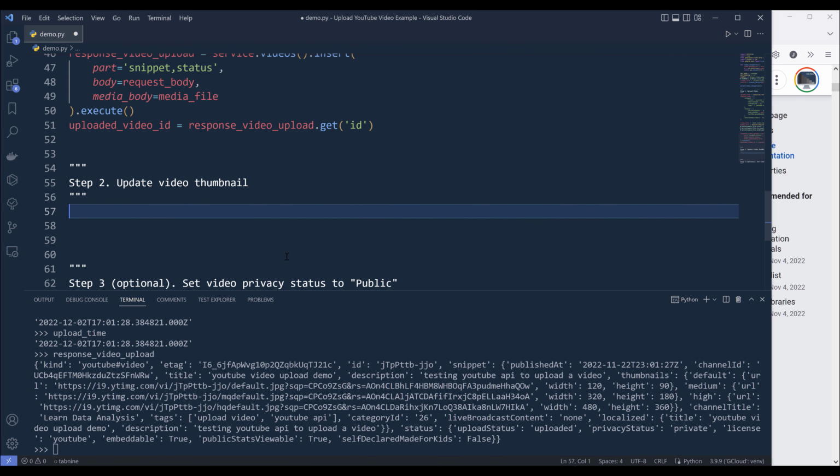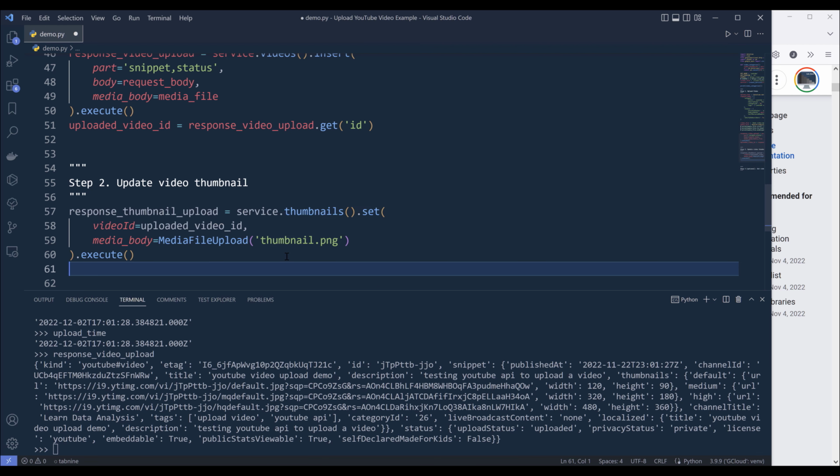Now to update a video's thumbnail, it's really easy. Here we want to use thumbnails resource .set, and provide the video's ID, followed by the image we want to use as the thumbnail. And because the image is also a different type of media file, here we also need to supply the media body as a media file upload object. Now if I run step 2,